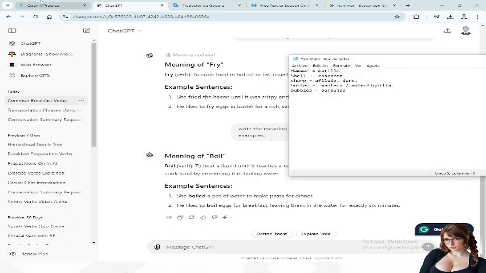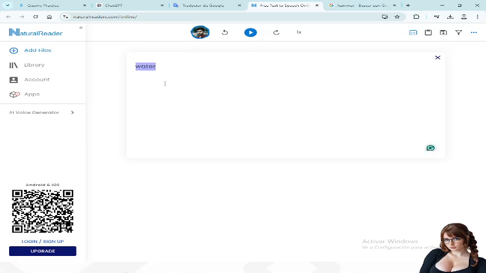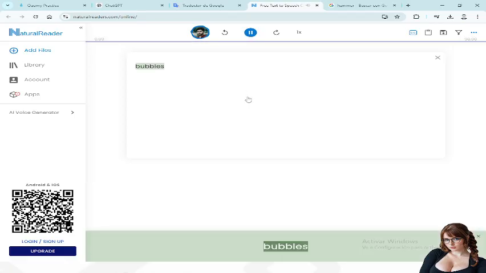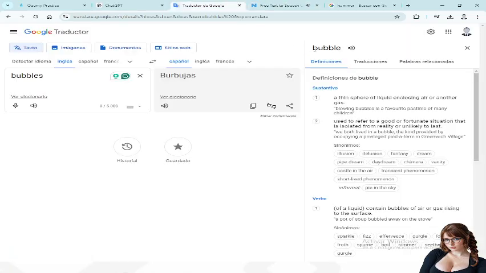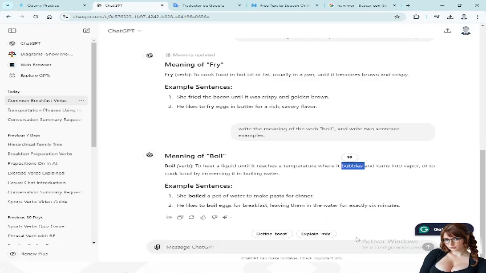Write it in Google Translator, and if you want to practice the correct pronunciation, bubbles. Okay. The example is: He likes to boil eggs